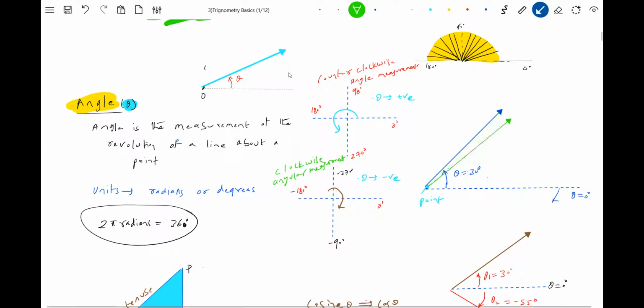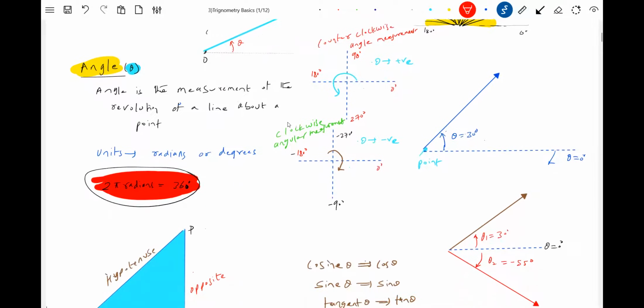Able to understand this one? And for angular measurement, what is the reference? The reference is taken as the 0 degree line. So this particular line got rotated by 30 degrees, is how we express it. What is the unit for angle? Units will be radians or degrees. How are these two related? 2 pi radians equals 360 degrees. So there's one thing you remember. Like this, we can convert 1 radian or 1 degree using this relationship.